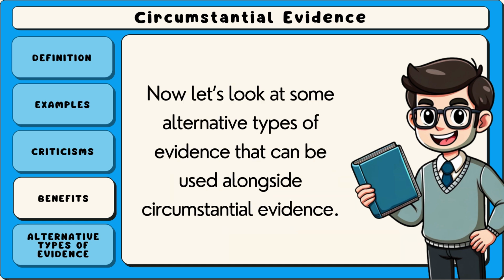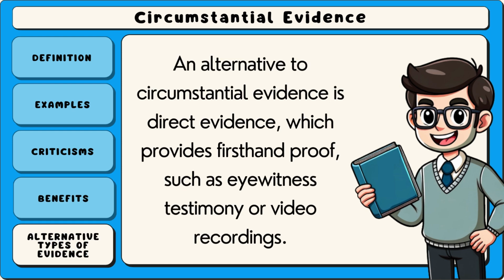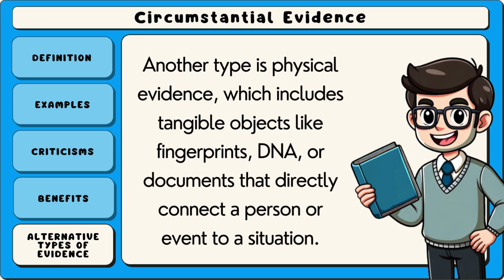Now let's look at some alternative types of evidence that can be used alongside circumstantial evidence. An alternative to circumstantial evidence is direct evidence, which provides first-hand proof, such as eyewitness testimony or video recordings. Another type is physical evidence, which includes tangible objects like fingerprints, DNA, or documents that directly connect a person or